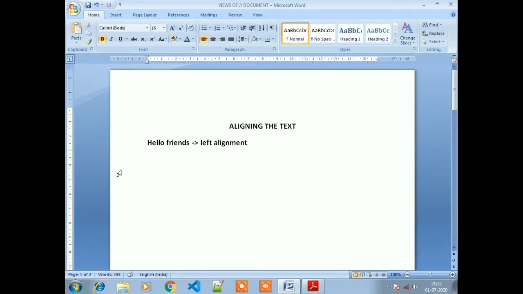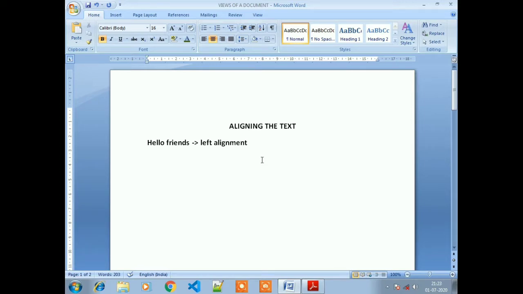Now the second alignment is center alignment, and this option is also present in the paragraph group. Now we can click on the center alignment, and in this option we can see the cursor is displaying and blinking in the center of the document.